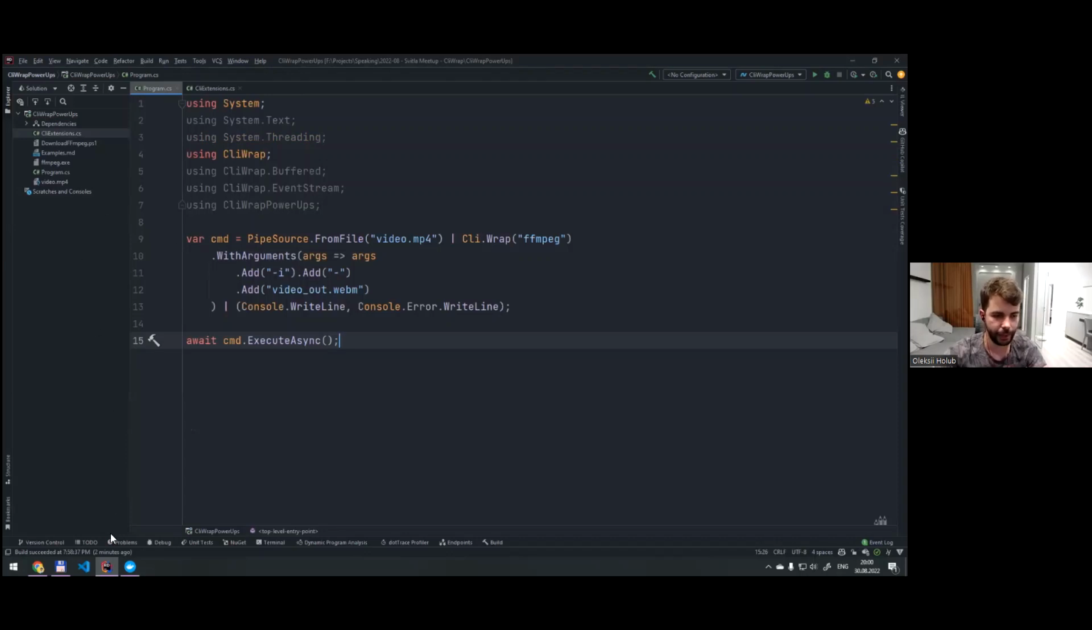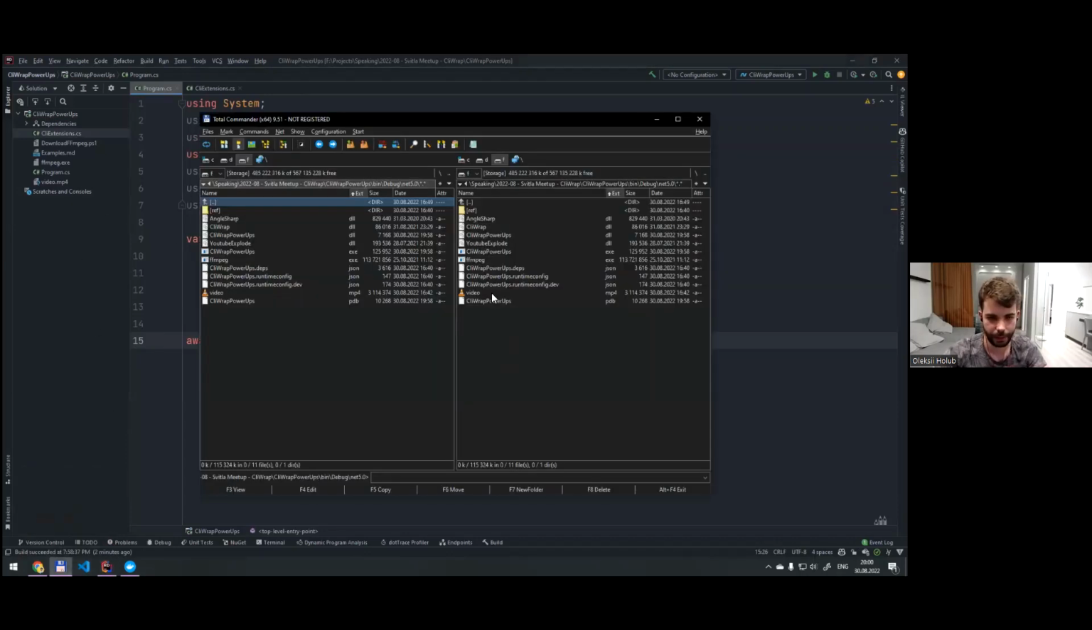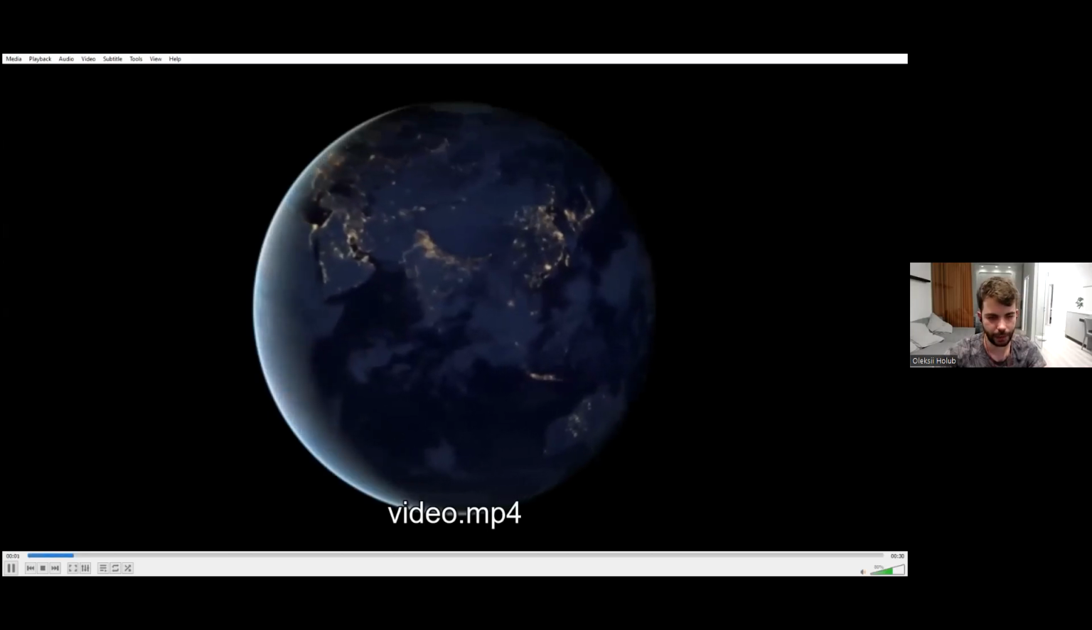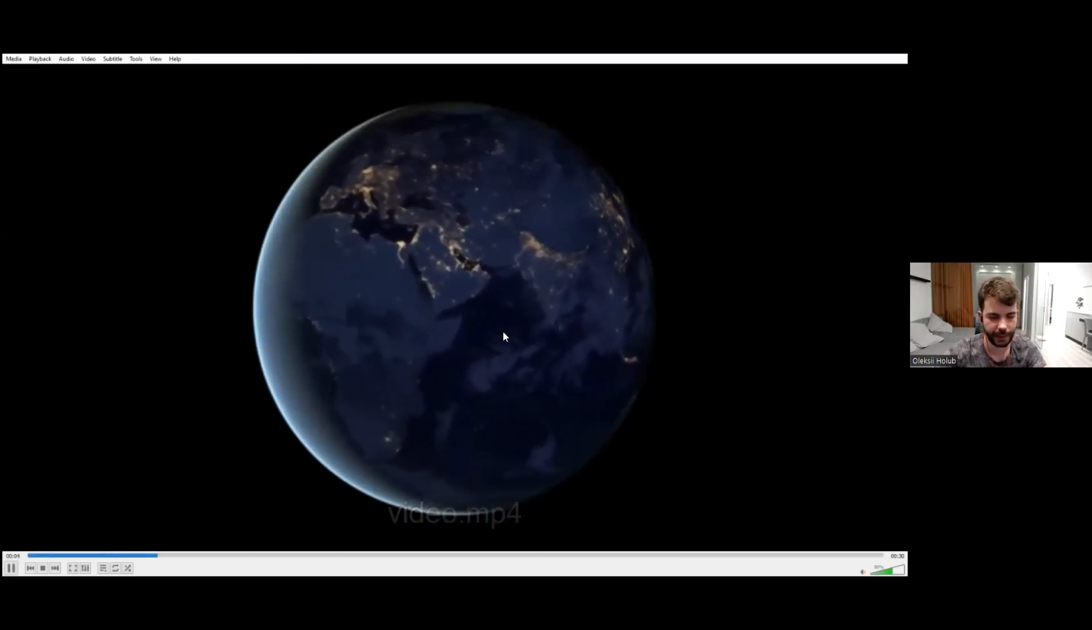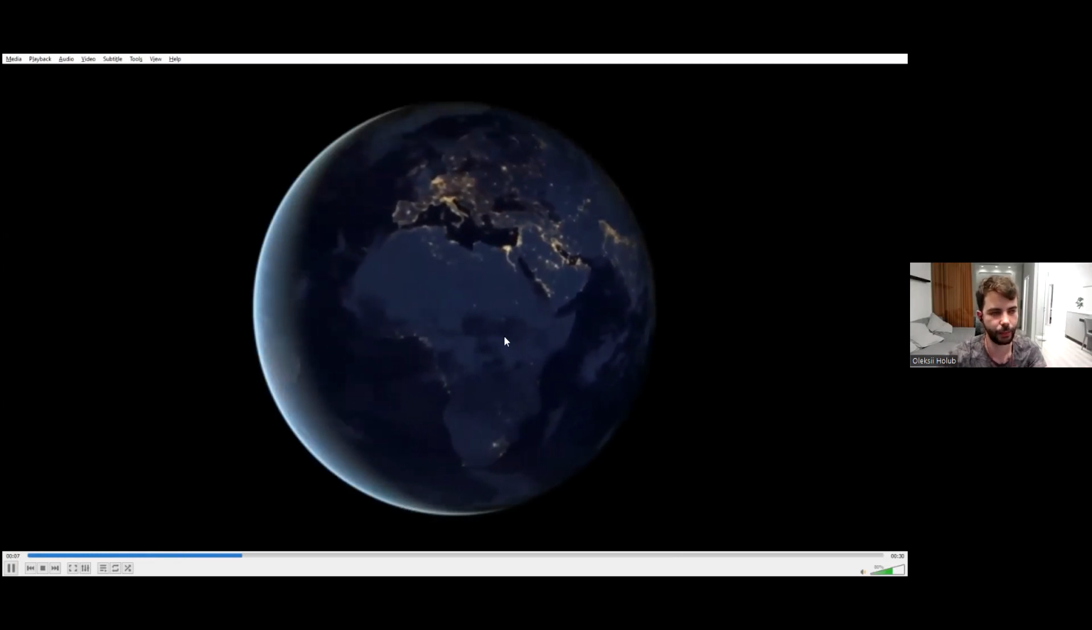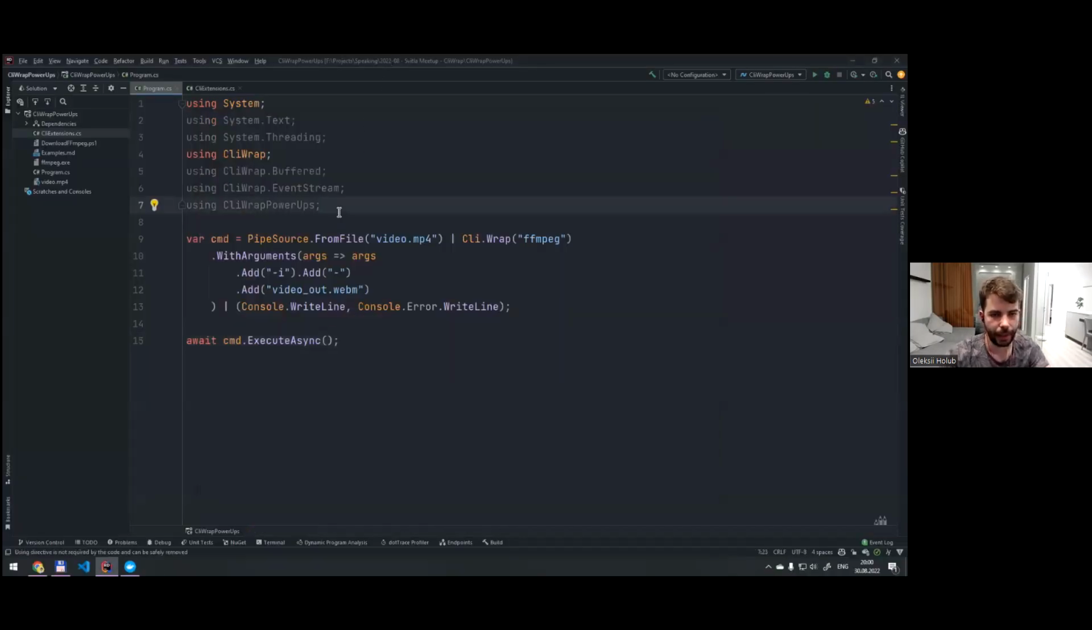I have a video that just contains a sequence of frames of our planet rotating. And I can use CliWrap's piping model to take that file as a pipe source and then pipe it into FFmpeg, which is a CLI for handling and converting different media streams, and then write whatever output and error that instance of FFmpeg produces to the console. So you can see there are